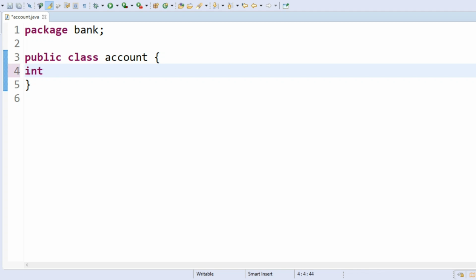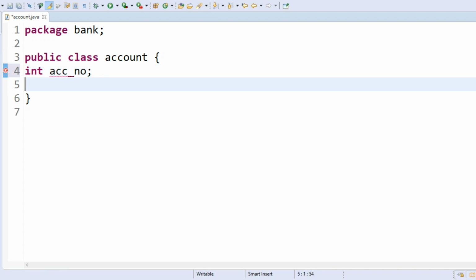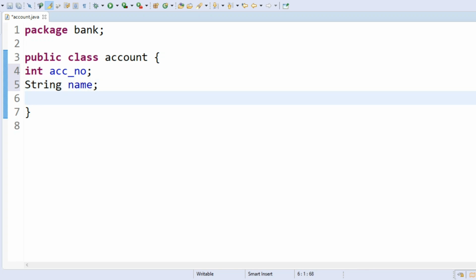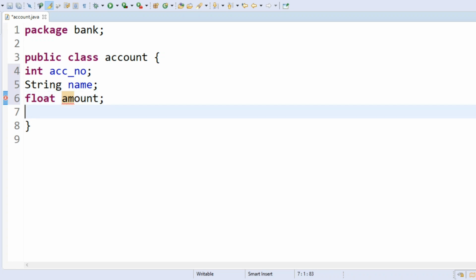For an account creation, you need an account number, after that the account holder name, and how much amount is present in your account. Okay, I created account number, name and the amount.